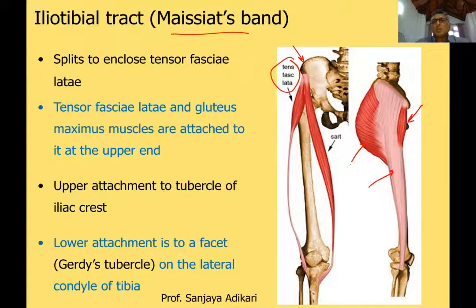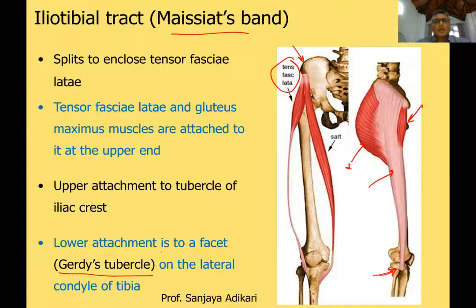So when the two muscles contract, tension in the iliotibial tract increases. And the iliotibial tract distally is attached to the lateral condyle of tibia here. Lateral condyle of tibia here, there is a tubercle called Gerdy's tubercle. So it is attached to the Gerdy's tubercle of the lateral